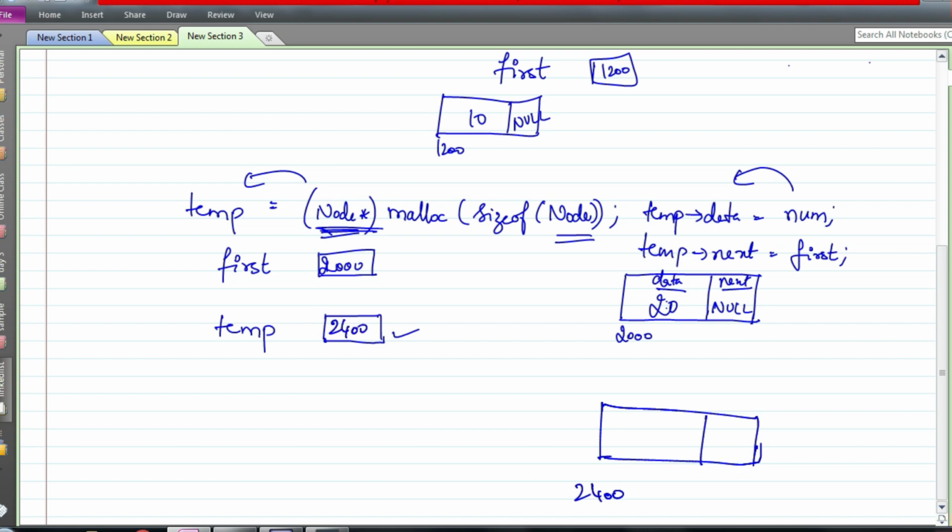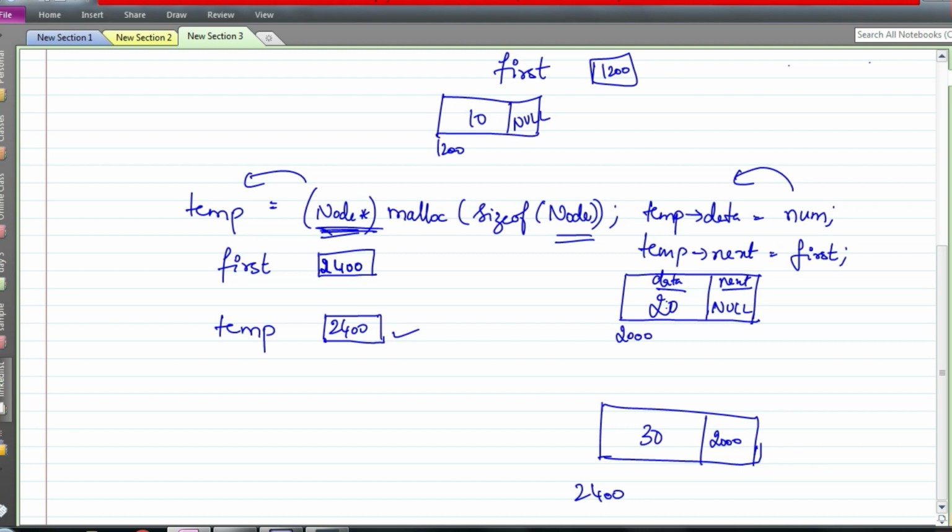Now temp data is num, whatever is there in num, say 30, that is copied to temp data. Now temp next equals to first. What is there in first? First contains 2000, that is stored in the next part of temp. So 2000 is going to be here. Next is first equal to temp. So whatever is there in temp is stored in first, which becomes 2400.